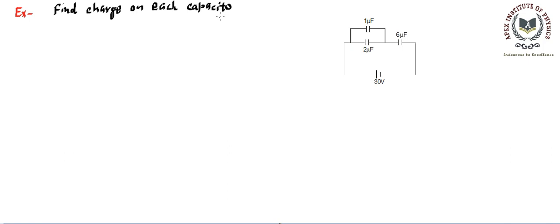Now this question is relevant because once we are able to find the charge on each capacitor, we can find out what energy these capacitors are going to store. We can also find the potential difference across these capacitors, and the total charge from the battery. Hence we can also find the work done by the battery. So all the details can be identified once we know the charge on the capacitors.